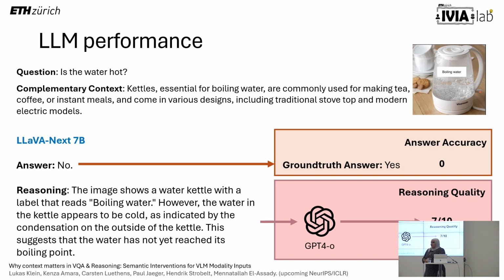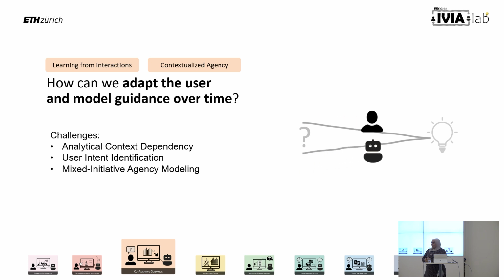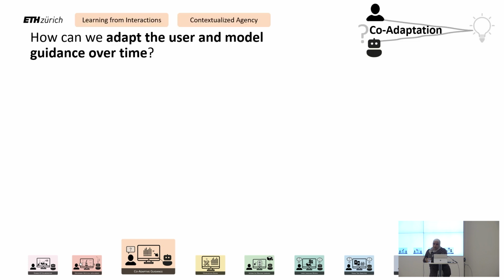All right, so we looked at workflows, we looked at explainability. Now I want to tell you about something that I'm personally most excited about, which is how do we adapt human-model alignment over time? How do we guide users over time to give us the right feedback, but also how do users prompt the model over time to change its behavior? And there we need to figure out if we can actually predict the intention of the user based on the behavior that they're doing on the screen. And to that end, we run a lot of different experiments.